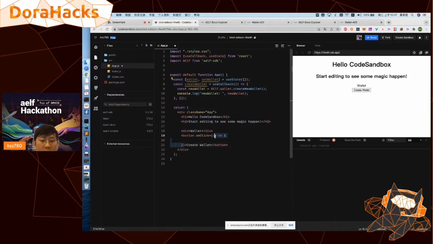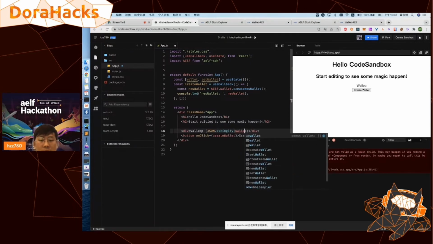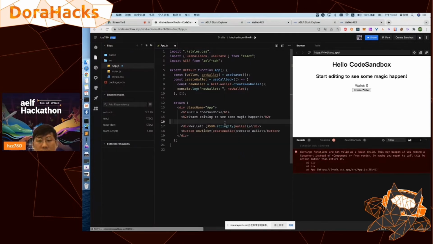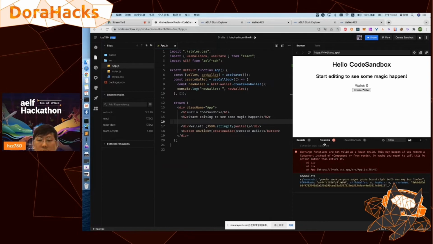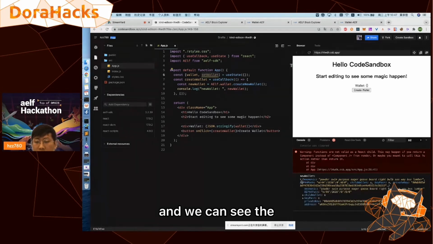Create wallet. Nothing, and if we call create wallet, oh sorry,